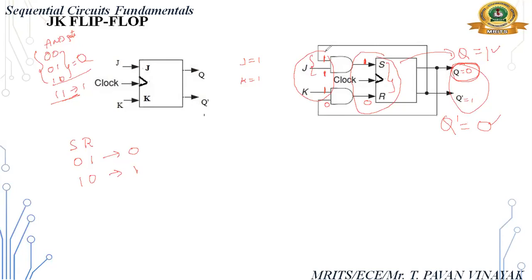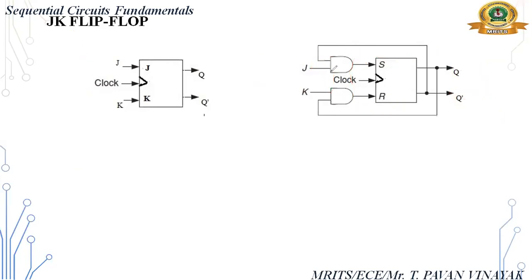Now I am checking the same 1 1 condition with previous value as 1. So this is 1, this is 1, and the previous value is 1. So Q bar will become 0. This 1 comes to here, and this 0 goes to here. So 0 1 means 0 and 1 1 means 1. Now the SR flip-flop has inputs 0 and 1, so the output is always 0. Q is 0, Q bar is 1.